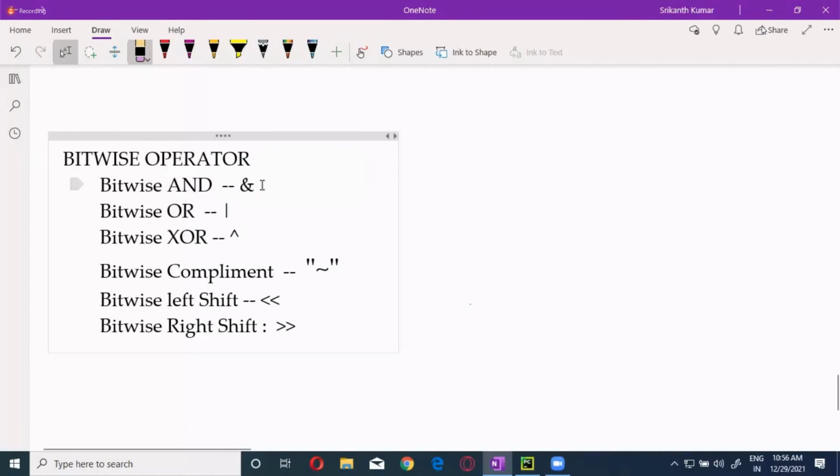In this case, we are not going to use the value directly. We are going to convert the value into binary form. Binary form means 0 and 1. So you convert into binary format and implement and, or, XOR, or something like that.